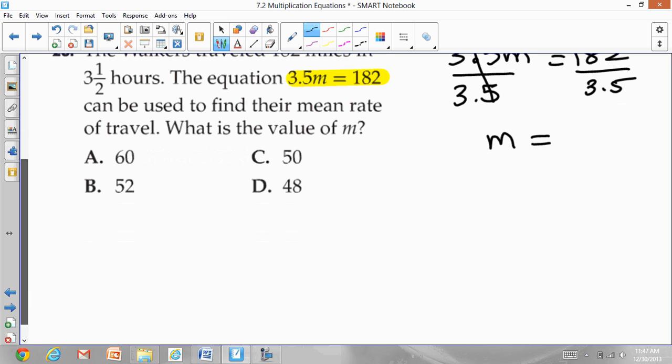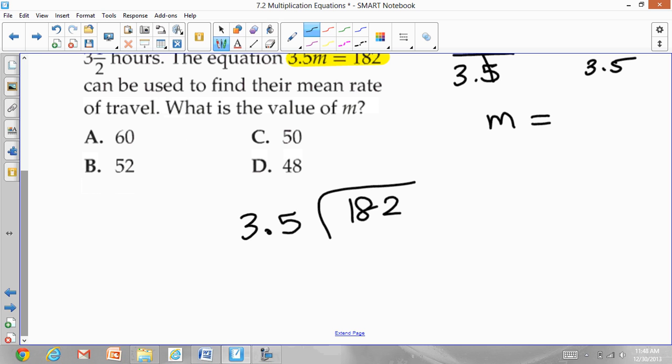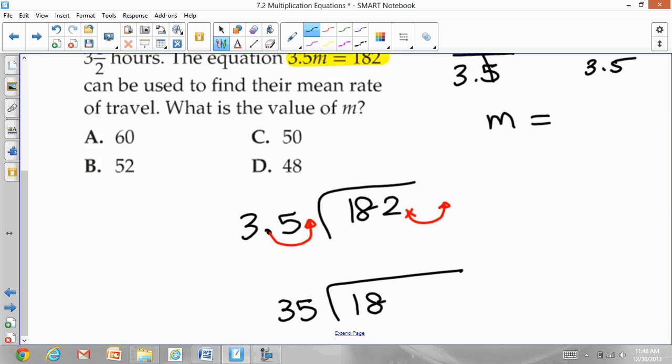Now the numerator 182 goes to the shelter, the denominator 3.5 stands outside. You are dividing by a decimal. You cannot unless you change this decimal number to a whole number. So what you're going to do is watch the one in red. You're going to move the decimal point one place to the right, and you're going to attach a decimal point and move that one place to the right. So now this 3.5 changes to a 35, and inside the shelter 182, and the decimal point moved to the right, so I'm going to attach a 0 and the decimal point